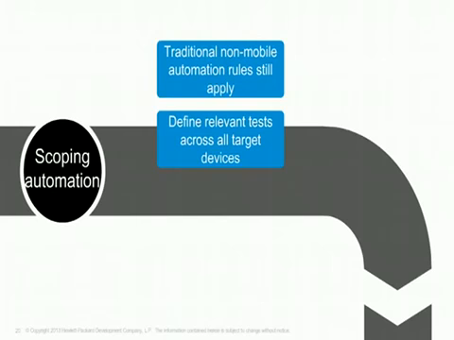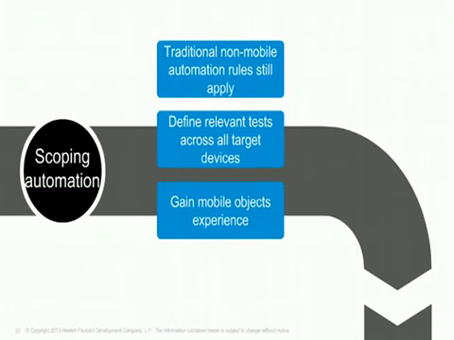Also, an additional point: your team must be very intimate with mobile objects, and we are going to cover what mobile objects are in the next couple of slides. In mobile, you have the notions of visual objects and OS-level objects. And if you talk about web apps, obviously we have the DOM objects, which are the native web objects. You will need to understand, as a dev or test team, how and when to manipulate these objects to make scripts more robust and usable across all devices and platforms.